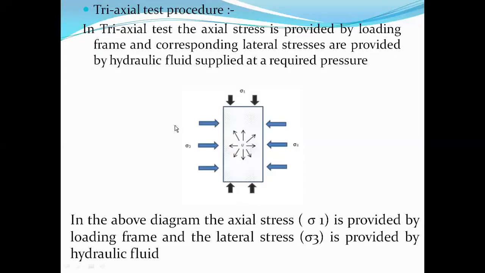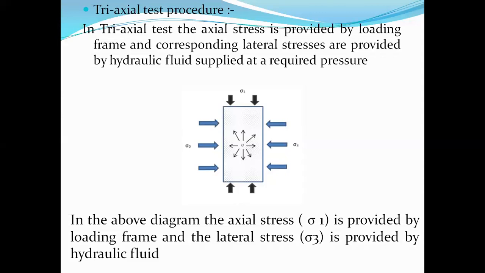Okay, now the test procedure. So far we discussed how to place the specimen inside the cell, and the cell is placed inside the triaxial test box. Then by applying forces in both the longitudinal and lateral directions, we can measure at what force it is going to fail. We can perform the triaxial test.